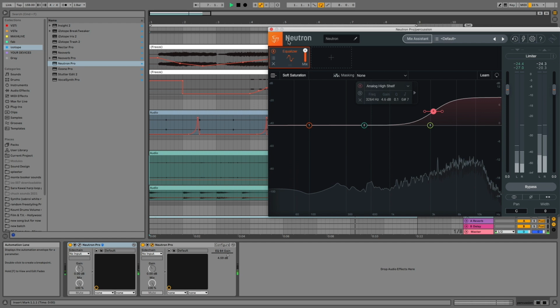To dynamically automate, I'm going to keep this high shelf at an extreme boost. Whenever I hear harshness, I'll automate the shelf to come back down until everything feels the same level of brightness. This process sounds very repetitive, so to help point out what I'm doing, I'll highlight the automation.